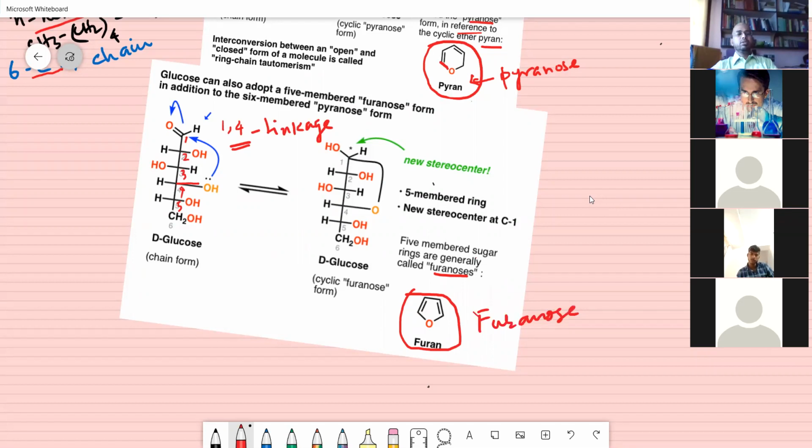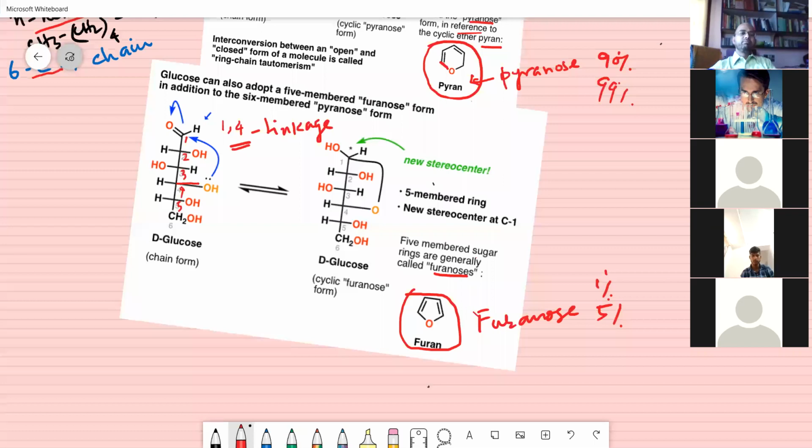Okay. Pyranose and Furanose are cyclic structures of glucose. This is about 90%, and this is about 5%. Or sometimes this is about 99%, and sometimes it is about 1%, 3%. This is 1,4 linkage, and that one is the 1,6 linkage. So we have established how it is connected like this.